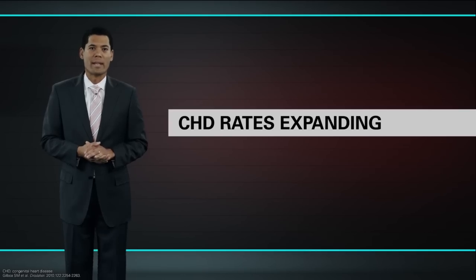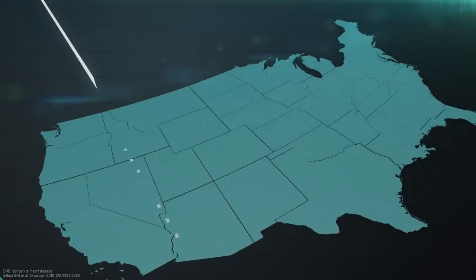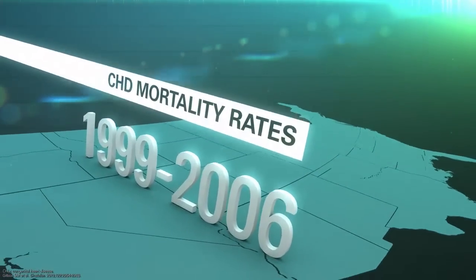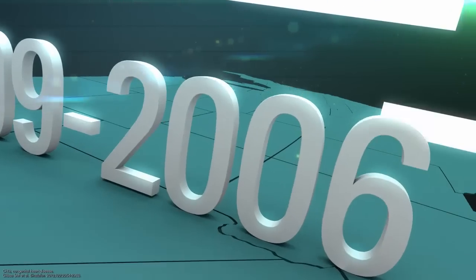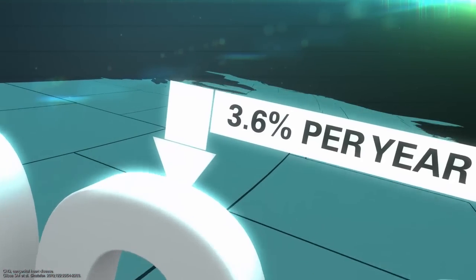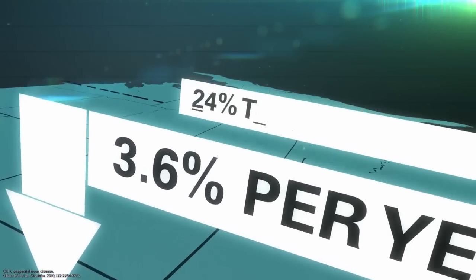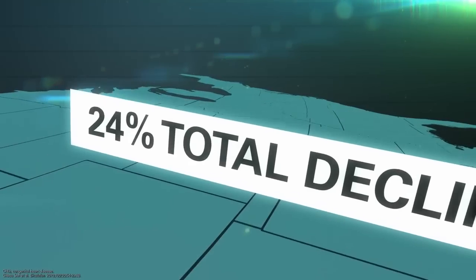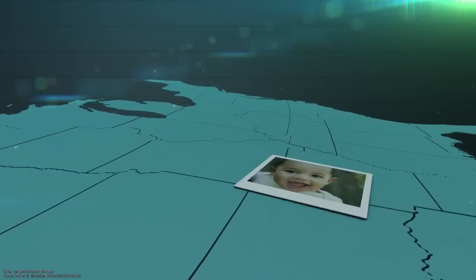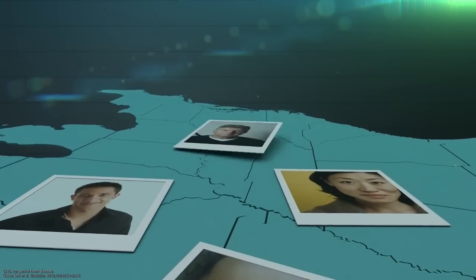is rapidly expanding. In the US, over the period from 1999 to 2006, mortality declined by 3.6% per year, for a decline in overall mortality of 24% in patients with CHD. Mortality decreased across all ages, which means that more children with CHD are surviving to adulthood, and more adults with